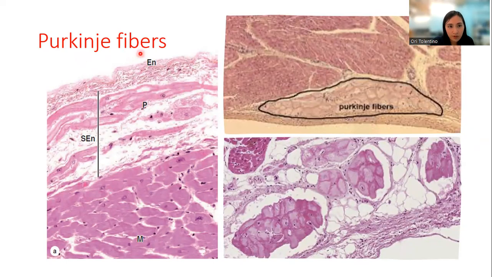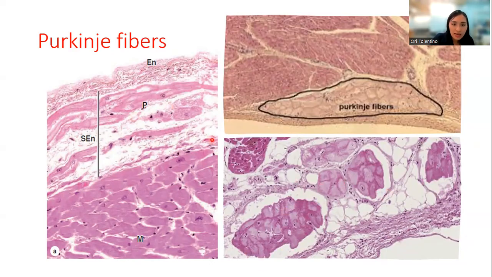This is the heart chamber. This is your endocardium, the lining of the heart, the innermost lining. And under that is connective tissue, subendocardial connective tissue, which surrounds your Purkinje fibers labeled letter P. They are modified cardiac muscle cells joined by intercalated discs, but are specialized for impulse conduction and not contraction, okay? They contain many glycogen and few organelles and myofibrils. So they are pale staining.